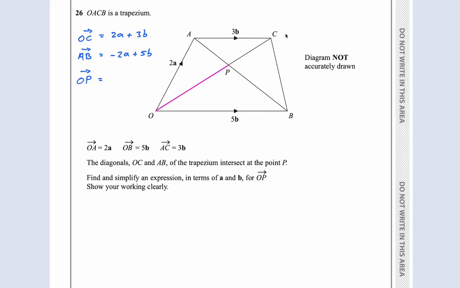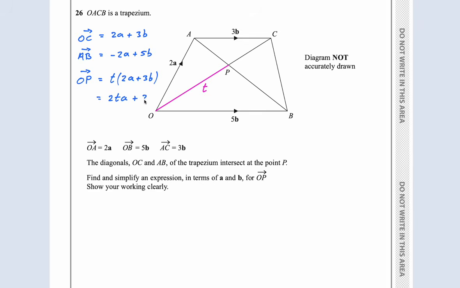Okay, 2a plus 3b, that's fine. OP is some fraction of OC. Let's call it t. It's t times OC. T times 2a plus 3b. Why t? Well, I could choose any letter I want, except a and b. Often we use t and lambda. But it's just to signify that it's some fraction of OC. Now, OP is not equal to t, but it's the fraction of the whole thing. So OP is t times this, which is the same as